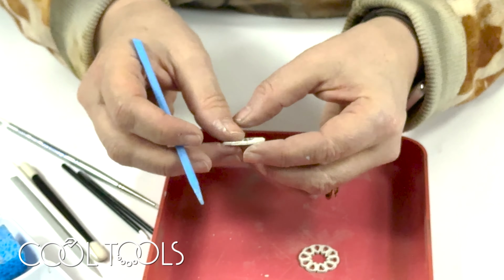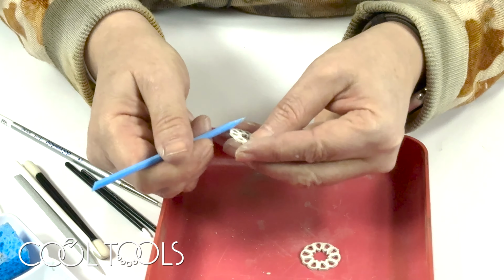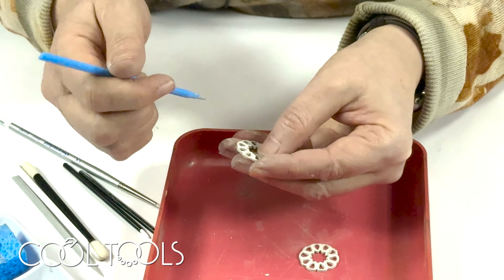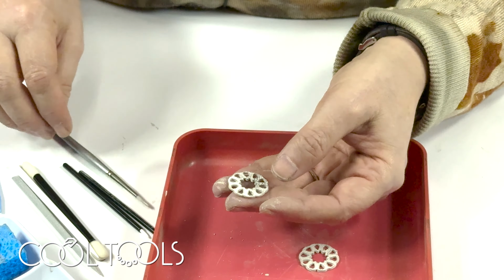All right, so literally that was it. That's all I did on that one. I'm going to do a little bit of beveling because there's a rough spot right there. And now I'm going to take